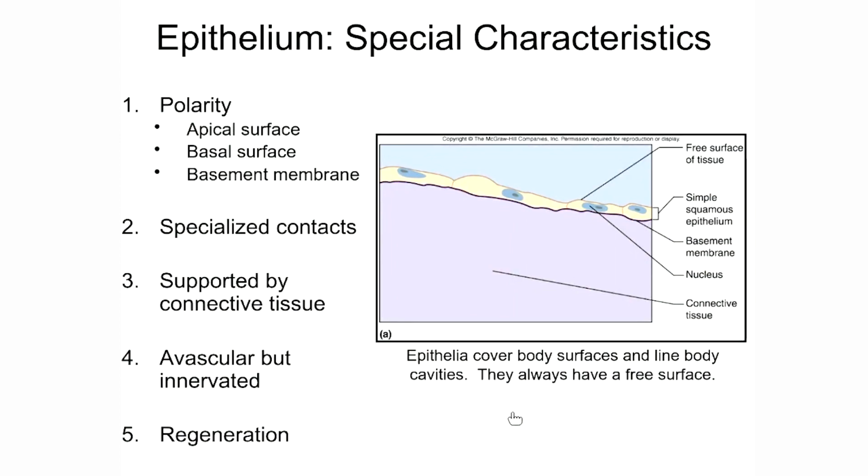Because epithelial tissues are found lining body surfaces and covering body cavities, they always have a free surface. What I mean by that is there's a portion of the epithelial tissue that isn't attached. If you look at this artist's representation of an epithelial tissue, what we're seeing here is kind of a cartoon diagram of an epithelial tissue, if you will. These cells that are represented in kind of this tannish color that have the blue nuclei, those are the actual epithelial cells. And you'll notice that represented in purple, beneath those epithelial cells, we have another tissue type, but